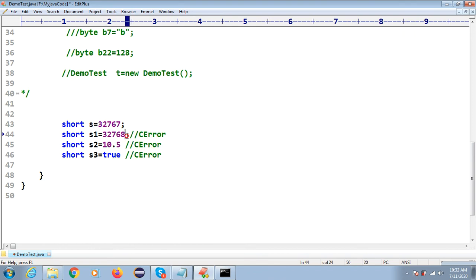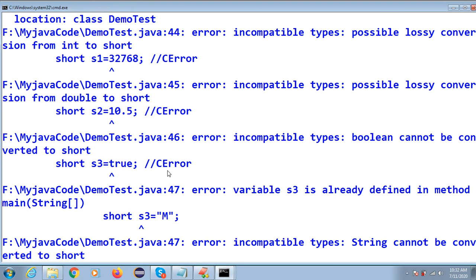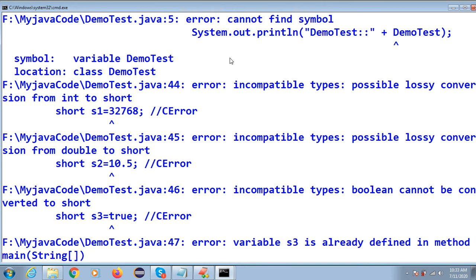We cannot store a floating point here, and you can also try with string type. Let me check what will happen. You can write anything. Now I'm going to compile. You can see we are getting this incompatible type error here.